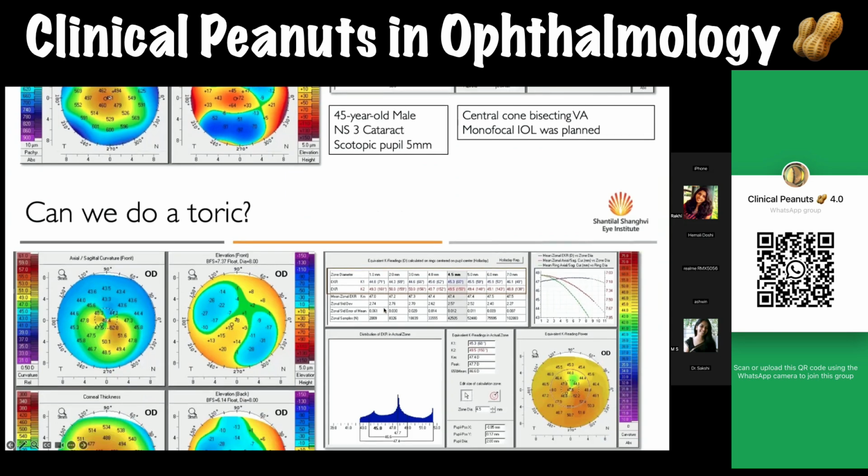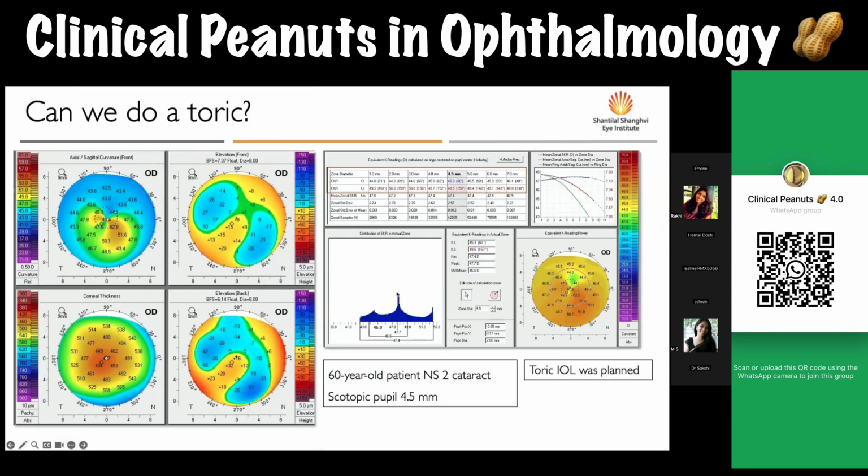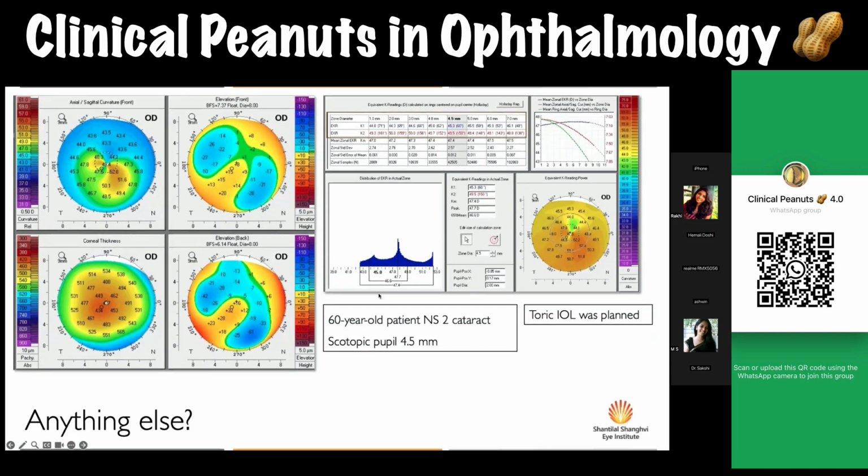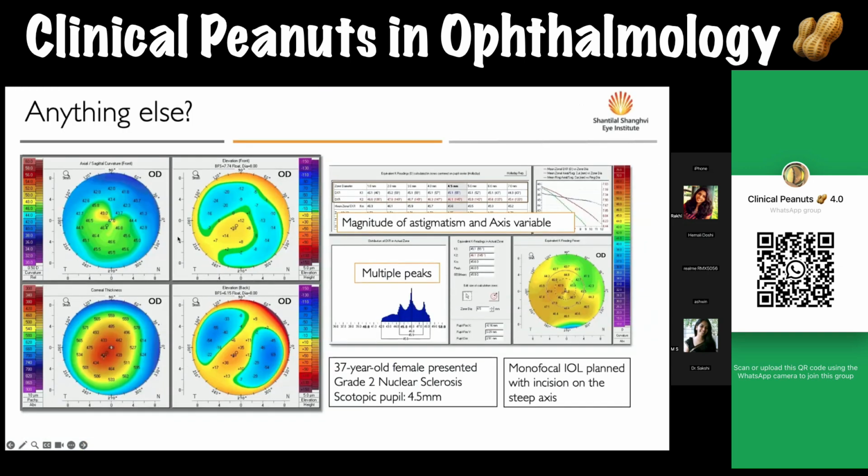On the other hand, if you're able to pick a keratometry value which is almost consistent throughout, then it might make a case like this suitable for toric lenses. Again, however, if you have cases like this where there are multiple peaks, say the keratometry is changing in multiple zones and